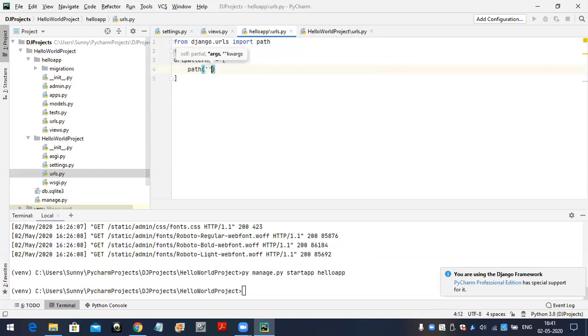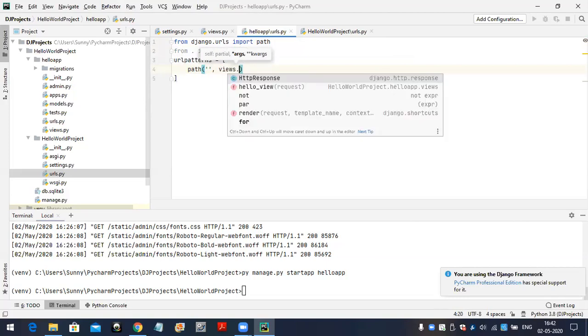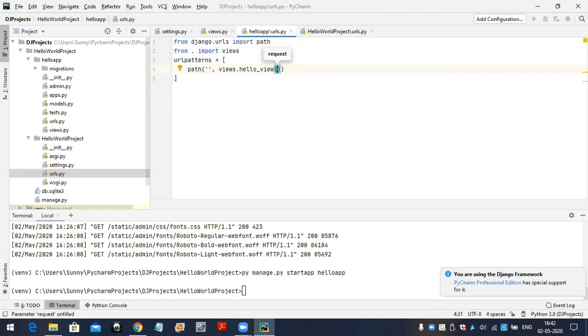If you want, you can give any URL pattern, but here I am giving an empty URL pattern, comma, and here we take views.hello_view, the view function that is inside views. Save this one.